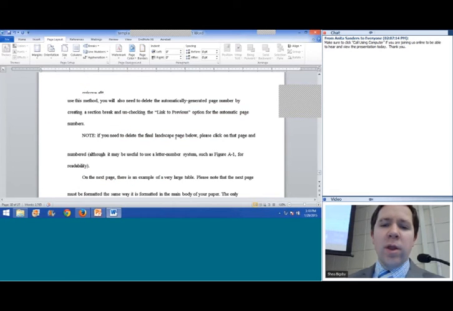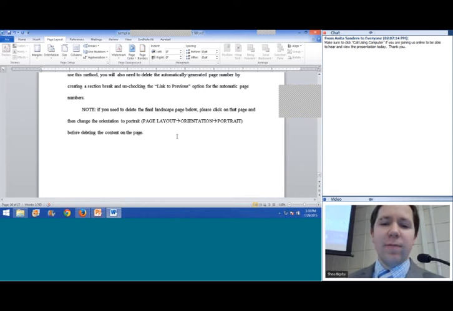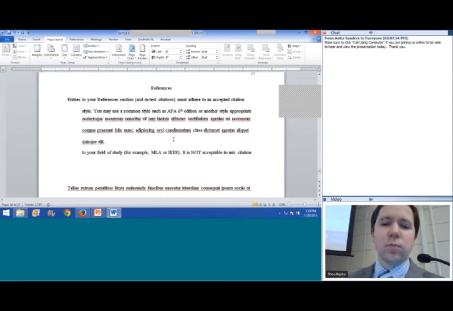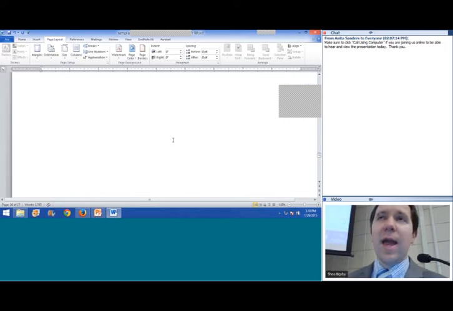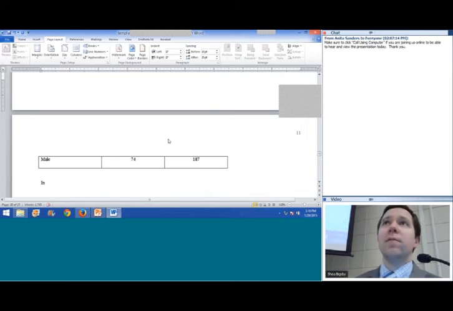One other thing I'll point out, and I mentioned it just briefly before, the library here has free copies of EndNote for all students, staff, and faculty. If you don't know what EndNote is, you should find out right away and get a copy. If you already have EndNote, hopefully you're using it to its maximum advantage. But essentially, EndNote is a citation management tool. And so it will allow you to